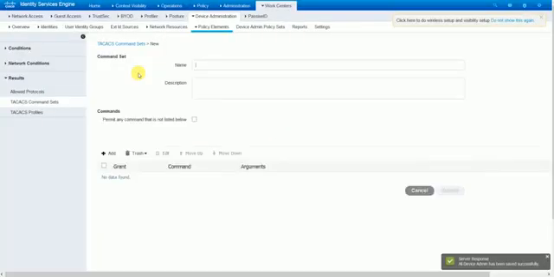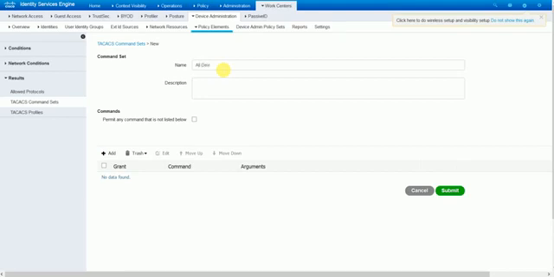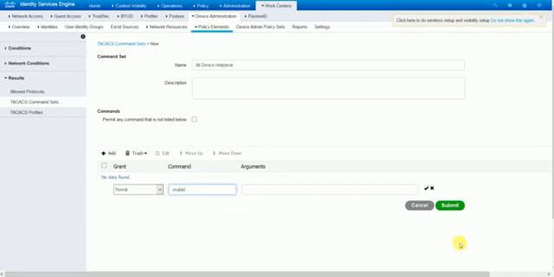Add one more command set for the help desk user. So all device help desk. Now you can add some commands here, which you want to permit or deny. So I'll say permit and then enable.